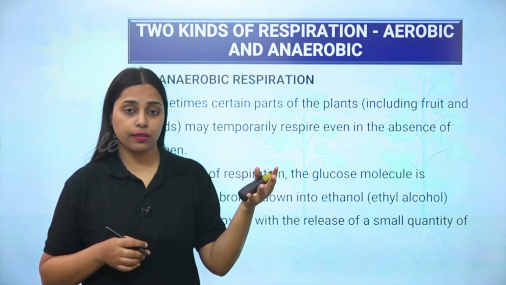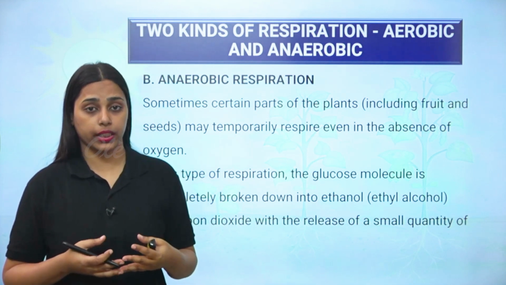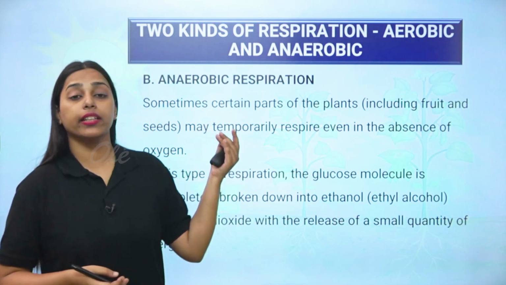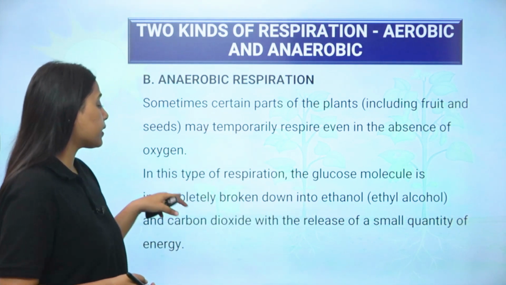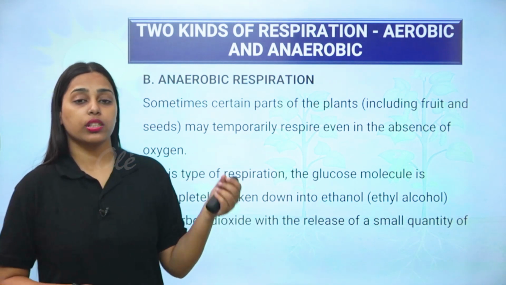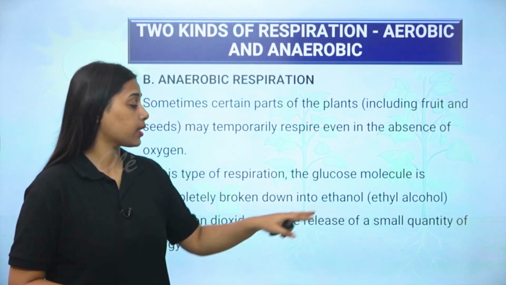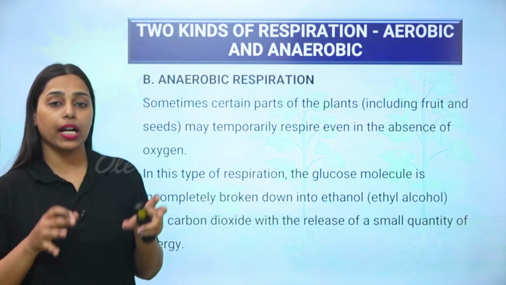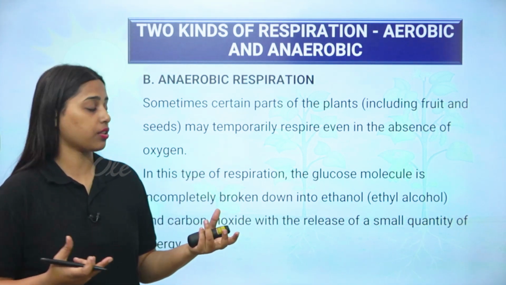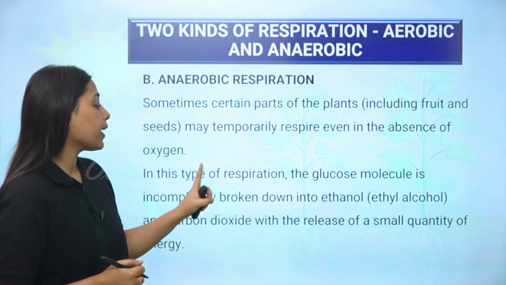But when there is an atmospheric condition where oxygen is not available properly, they do not stop their metabolic processes. They respire even in the absence of air. In this type of respiration, the glucose molecule is incompletely broken down because there is an incomplete combustion, or incomplete oxidation, of the substance, that is glucose here. So in plants, this incomplete respiration process, or anaerobic respiration process, or you can also call it incomplete oxidation, is the breakdown of glucose into